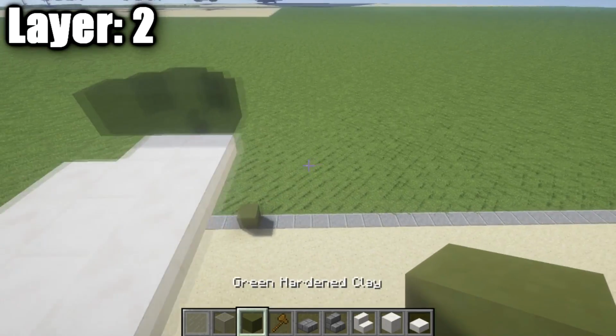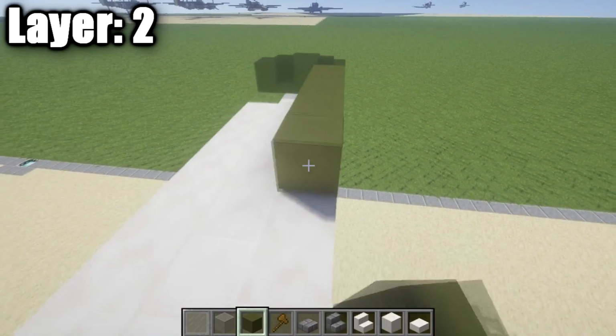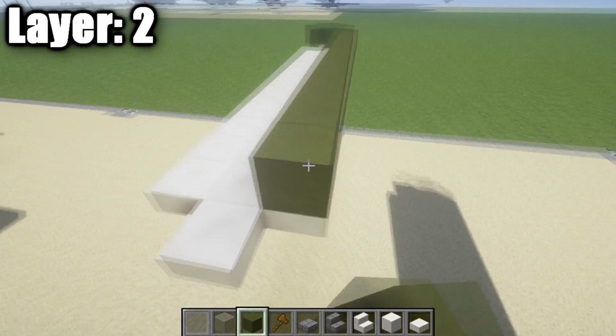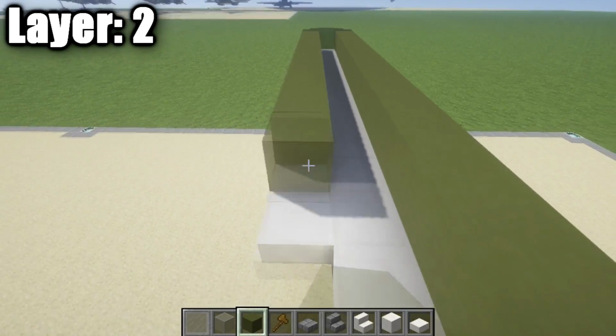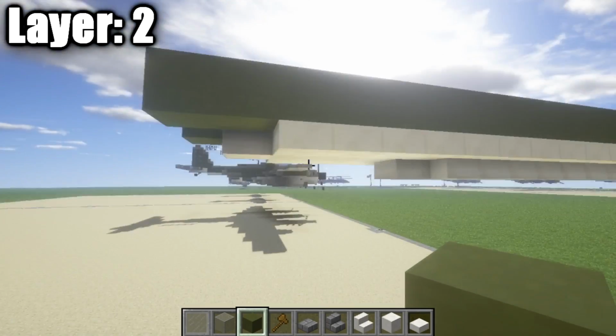Now after you do that, we can go ahead and take our green stained clay and place down 1, 2, 3, 4, 5, 6, 7, 8, 9, 10, 11, 12, 13, 14, 15, and 16 green stained clay blocks back. Same thing over here. We're just going to go ahead and run this back like so. So basically it should stick out one more after this